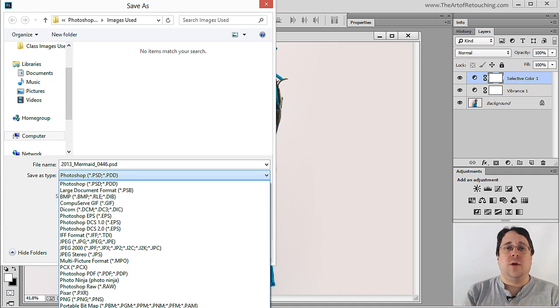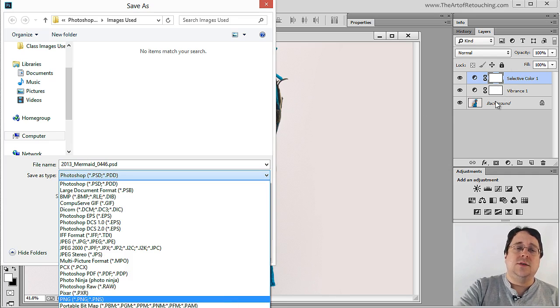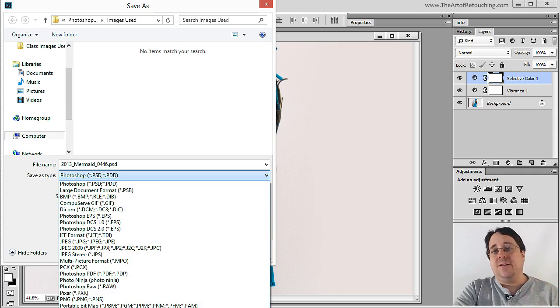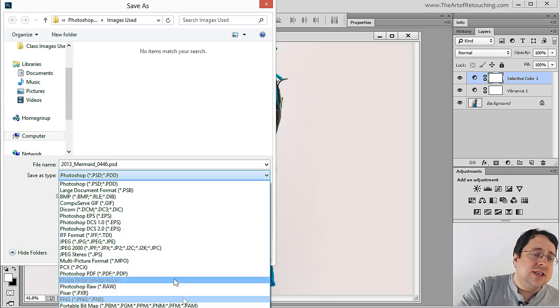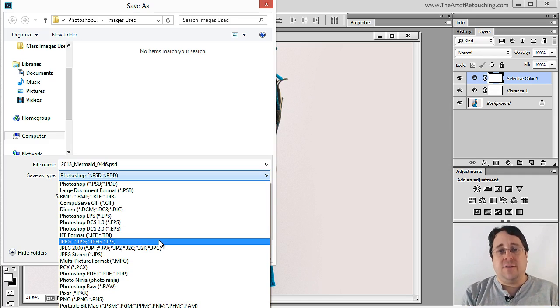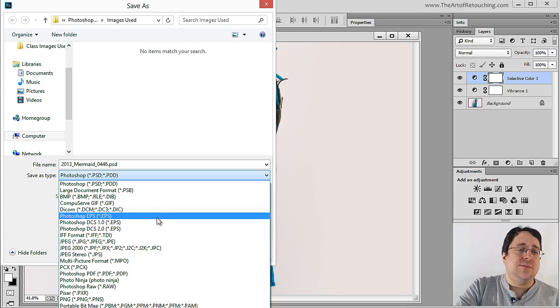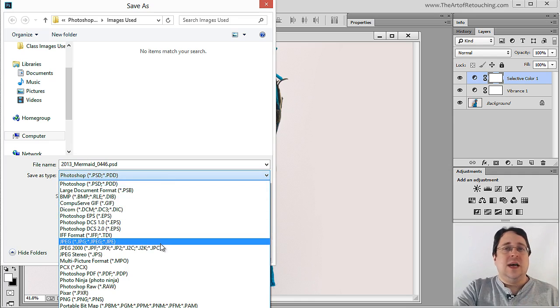Aside from archival purposes, sometimes you'll want to take these images and send them to somebody else. Now, if it's somebody that needs the full-size file, you would flatten the image, which is getting rid of all these extra layers, and send it to them as a TIFF. However, if you're going to be posting this image up onto the web, in those cases you would be using a JPEG format. And if you really want to simplify things in your life, simply make things layered files as PSDs or TIFFs, and send anything else out as a JPEG.